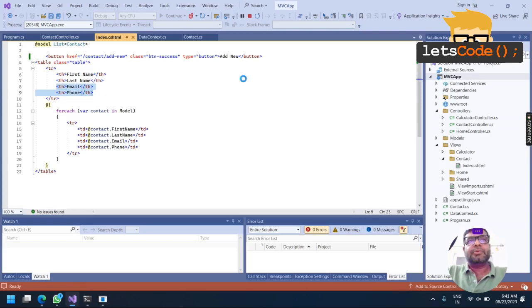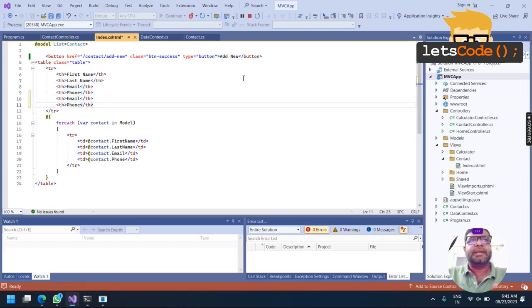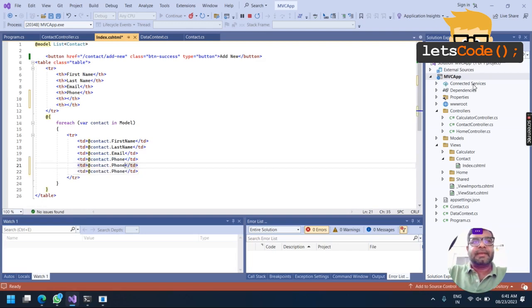Plus we will add two more options for editing and deleting. I'll not keep any header here also, and I'll make an anchor tag with href, edit, and similarly delete.